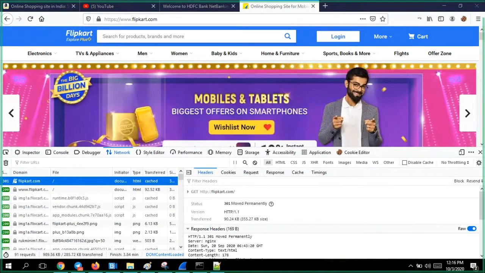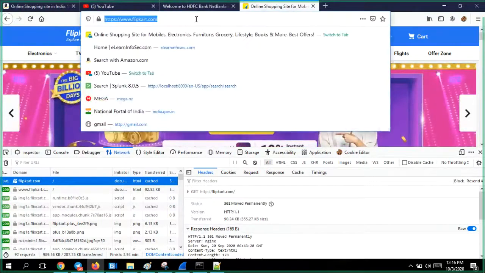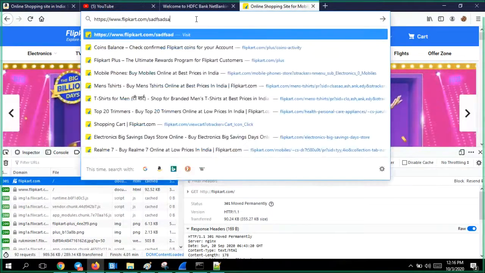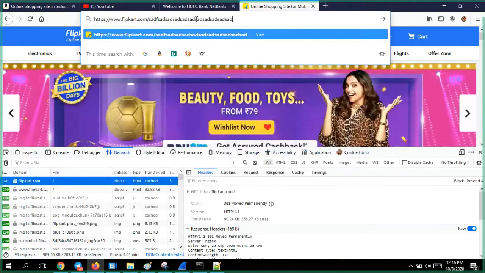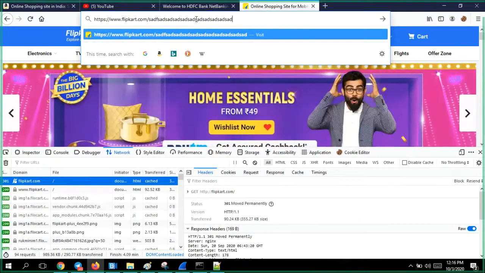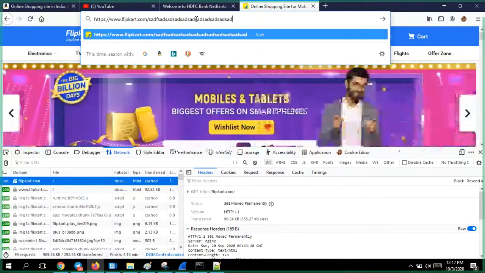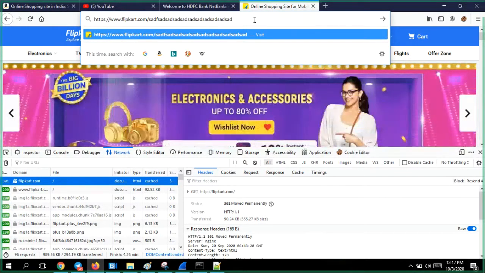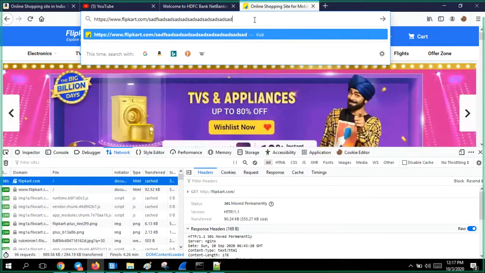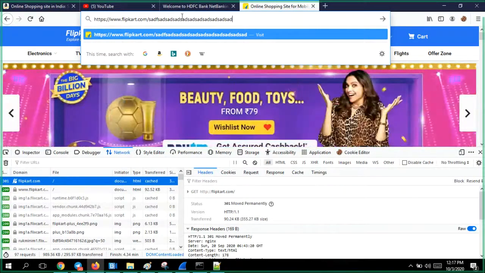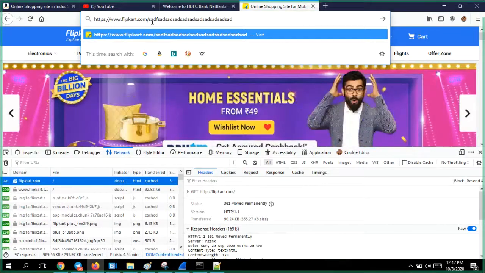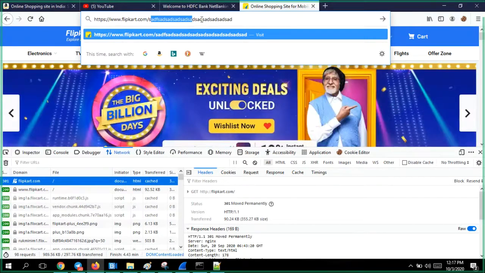Say Flipkart is there, right? Flipkart website is there. Now this web page is there like this? Are you sure 100%? No, there won't be any such web page. The website is there, the host Flipkart.com is there, but this specific page is not there. Whatever you're requesting is not there.